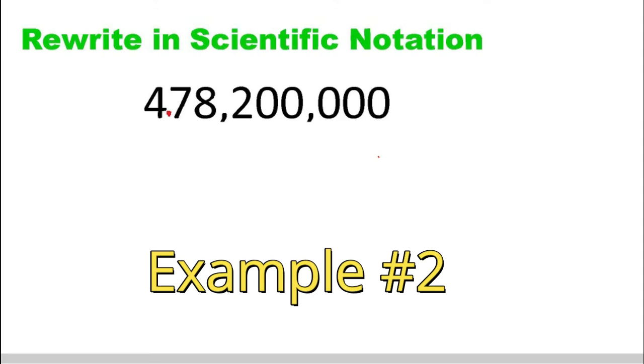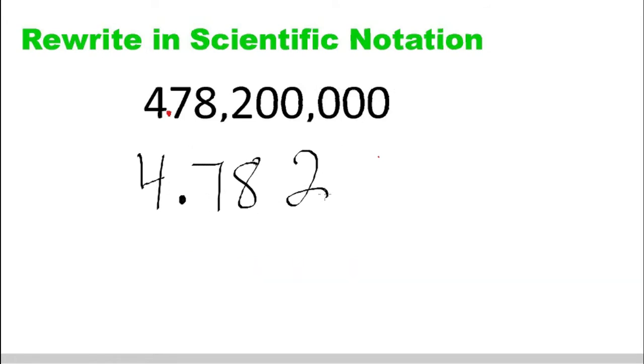So we're going to go ahead and write this out as 4.782, and we don't write the zeros, but we're going to have to count those spaces. So let's go ahead and do that. We have 4.782 times 10,